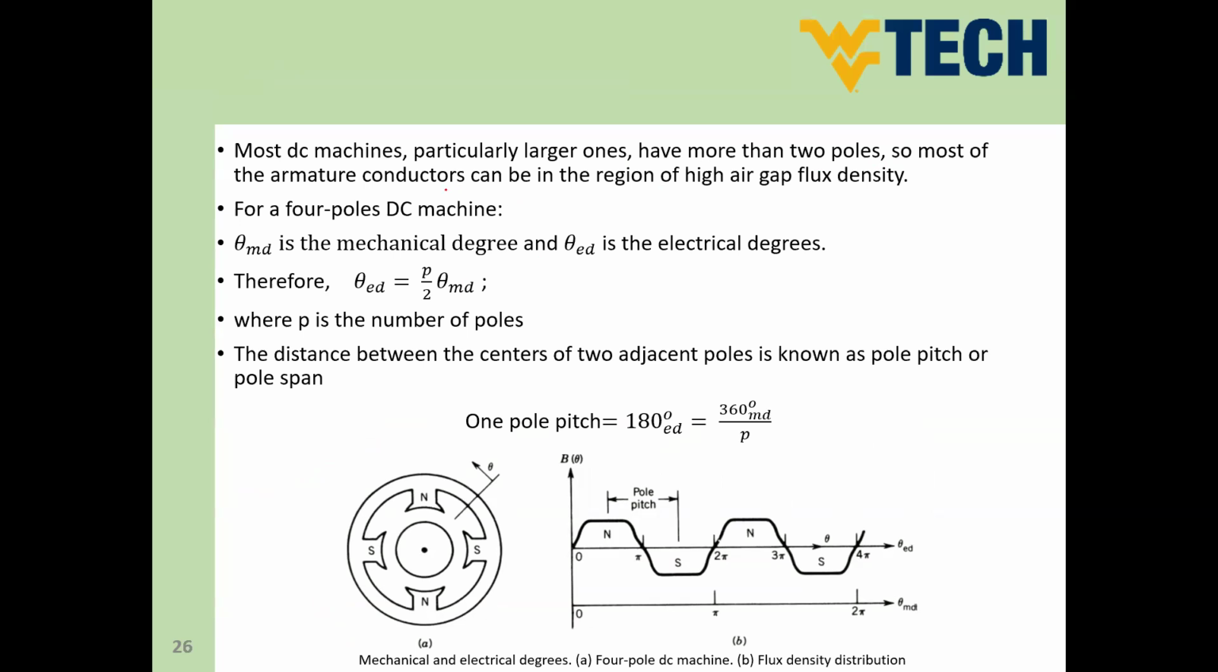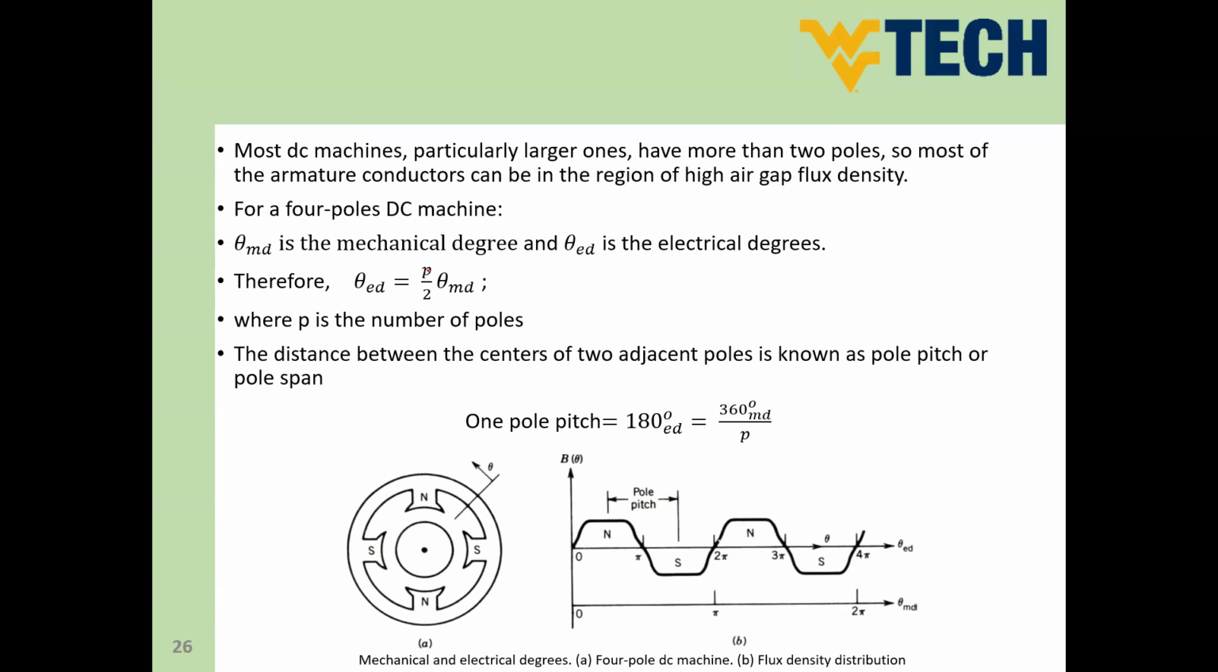So most of the armature conductors can be in the region of high air gap flux density. For a full four-pole DC machine, we will have what's called theta mechanical. So what is the relation between theta mechanical and theta electrical? The relation, guys, is theta mechanical is the mechanical degree and theta electrical is the electrical degree. The relation is theta electrical equals P divided by 2 times theta mechanical, where P is the number of poles